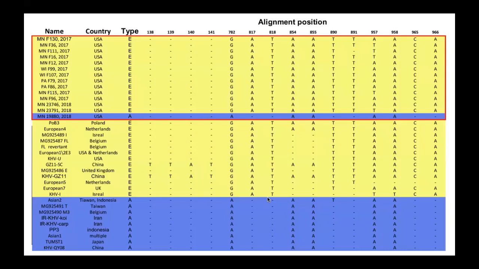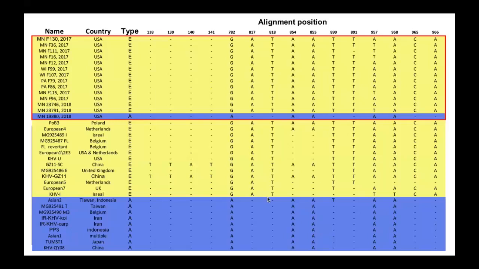And this is an alignment of all the variable sites in that gene. So it's 1,000 base pairs long, and I just picked out all the places where it's different among different strains. You can't see it, unfortunately. You can see this little change here, and you can almost see the deletion that happens here. But basically, there are some mutations that differentiate some of the strains that we found in our study, which can mean that there are a few different strains circulating in wild carp.